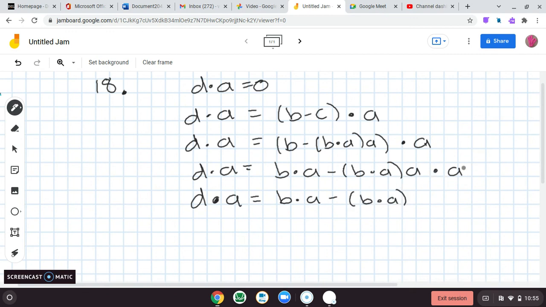It was given in the question that a is a magnitude of 1. And like before, a dot a is the same thing as the magnitude of a squared, the magnitude of 1 squared, which is just 1. Like this, or since it's 1, we don't even have to write it at all. So basically, this whole thing attached to it, which is causing me a problem before, is actually canceled out because the fact that a is 1 and the fact that a dot a is the magnitude of a squared. So this is what we're left with. So I got a step ahead of myself, but now you see b dot a minus b dot a equals 0. And I hope